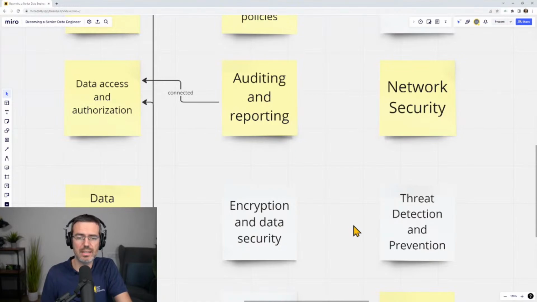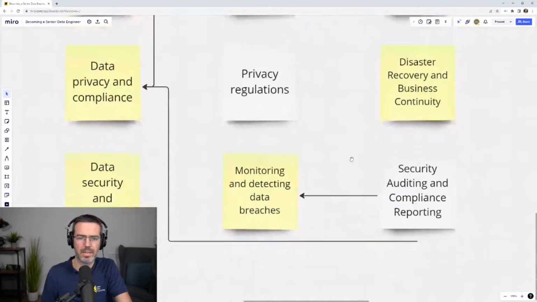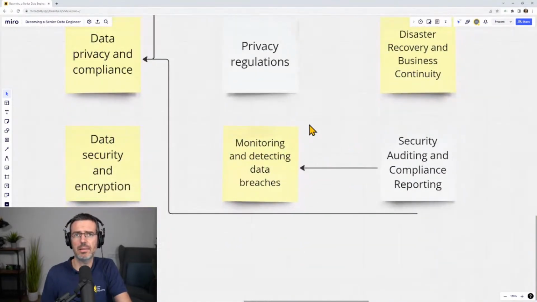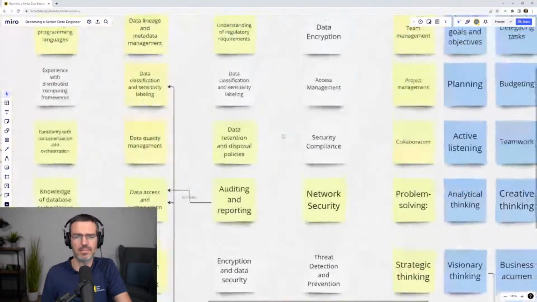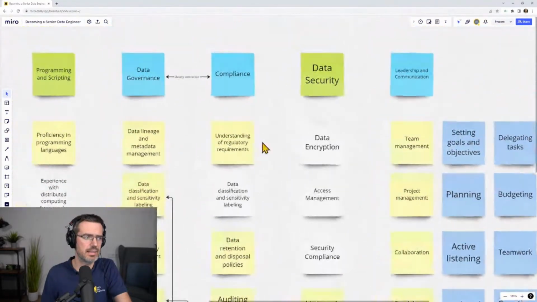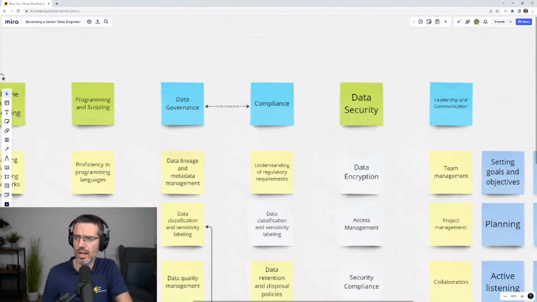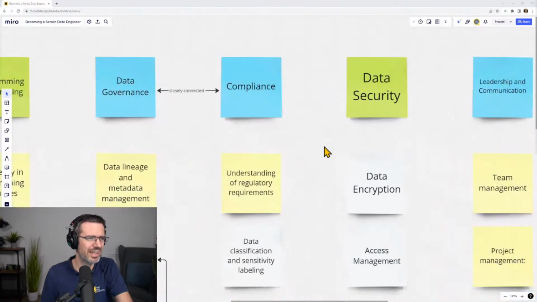It's also about auditing, reporting, right? And monitoring and detecting data breaches, stuff like that. These are the compliance and data governance. Two very, very important topics, which I've spent a lot of time with before.